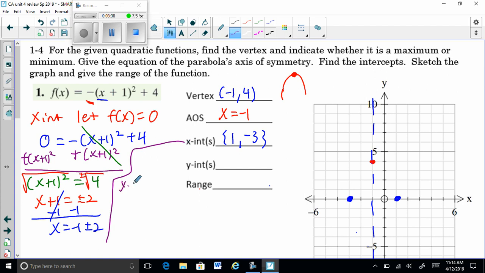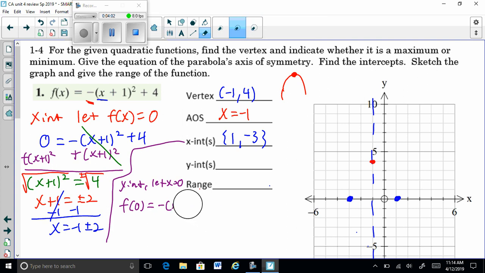So if we want to know the y-intercept this time, we'll go ahead and let x equal 0. I'm just going to grab the original function. So f of 0, so we're going to plug in 0, so negative 0 plus 1. Let me clean that up. My apology. That was just messy from the beginning. Okay. All right, so oops. Pen wanting to go crazy on me today. All right, so